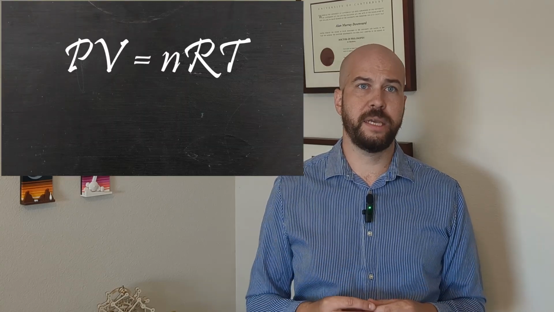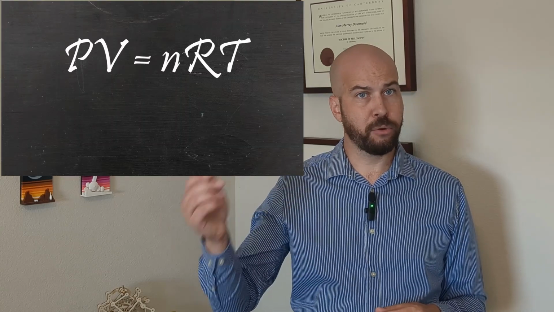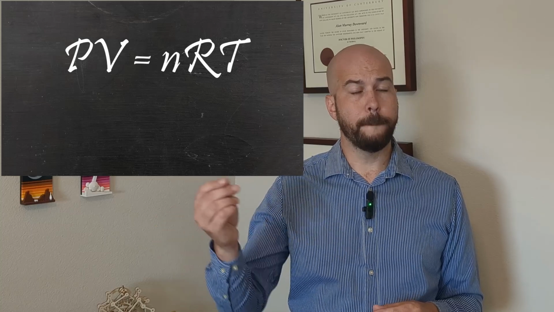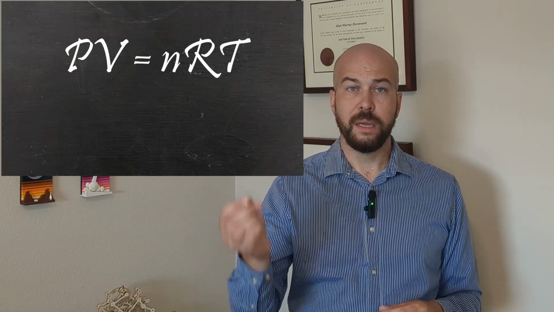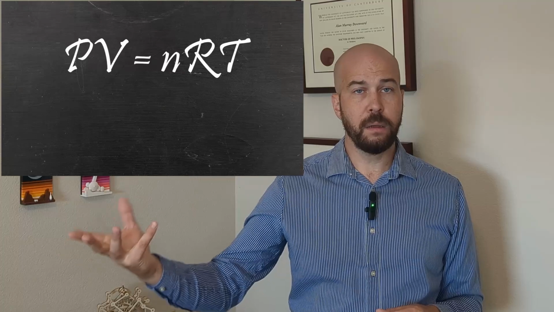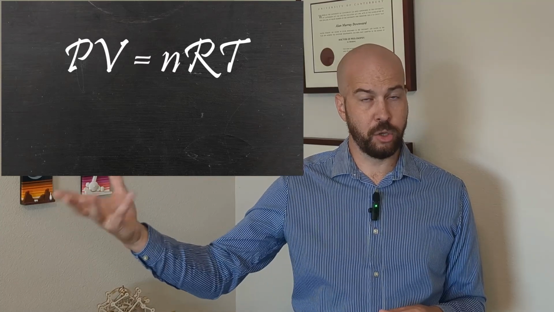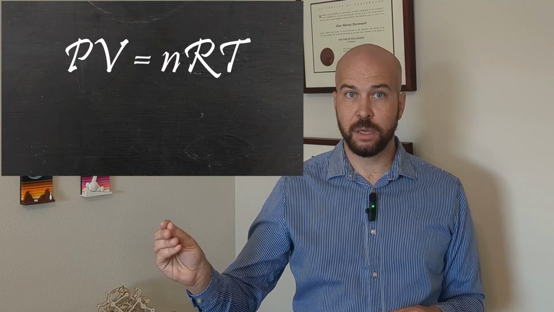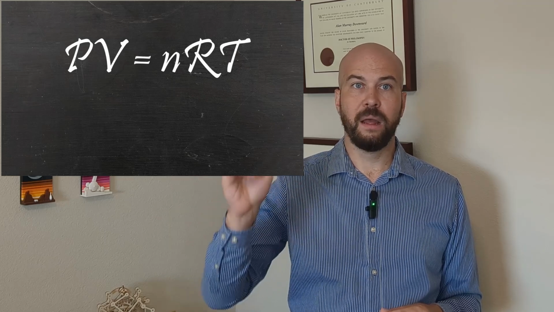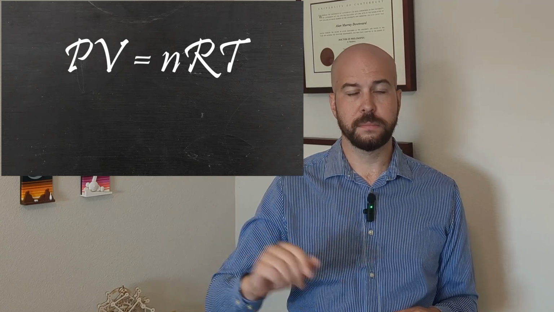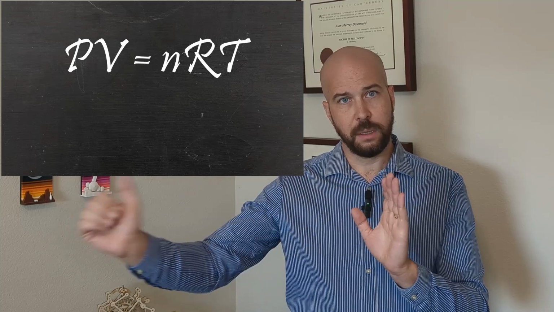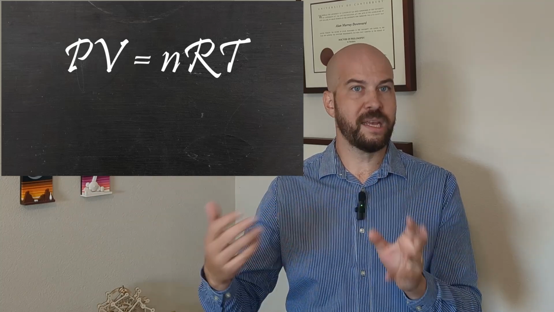PV equals nRT, the pressure of a gas multiplied by its volume equals the number of moles of gas molecules times the gas constant multiplied by the temperature. For this piston, this syringe, our gas thermometer,